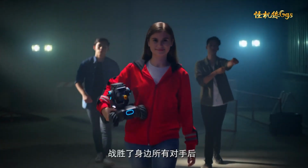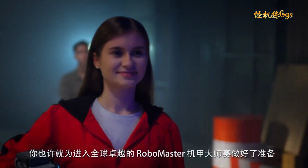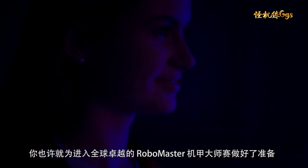And when you've run out of opponents in your backyard, you just might be ready for DJI RoboMaster, the world's